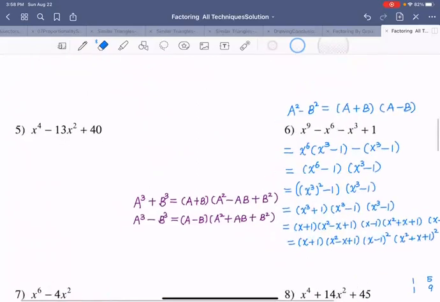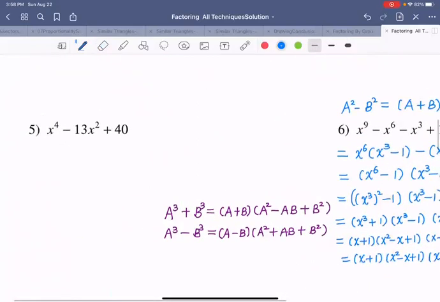Lastly, let's try number 5. What do you want to do first? You take out the x squared. We can call this u equals x squared, right? So this becomes u squared minus 13u plus 40 equals... u